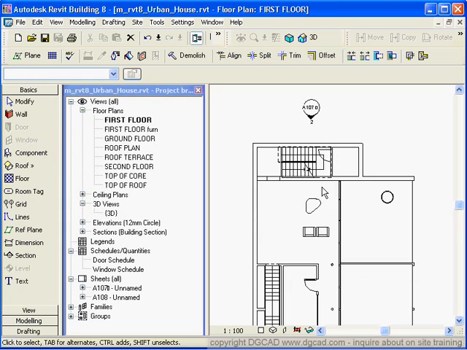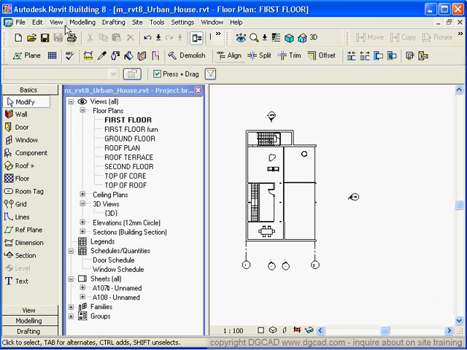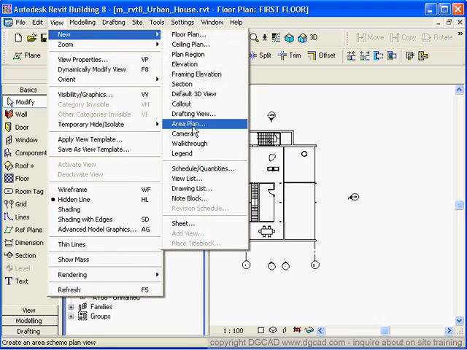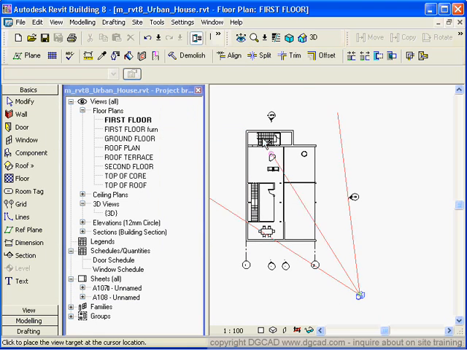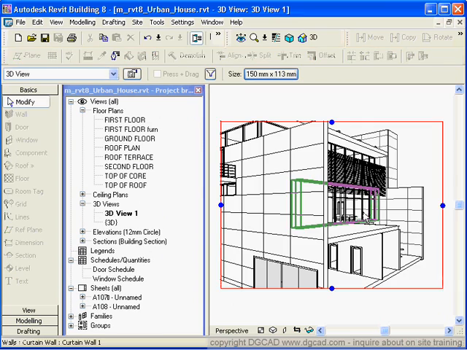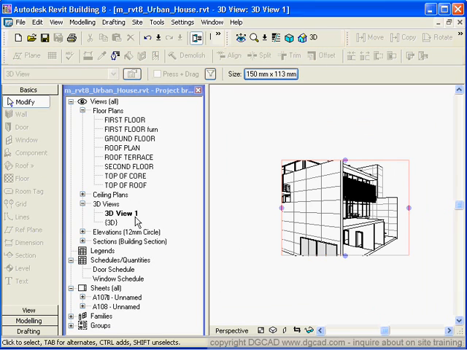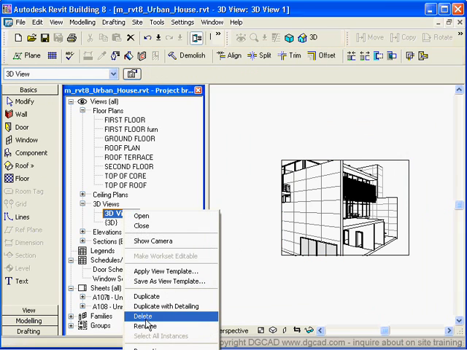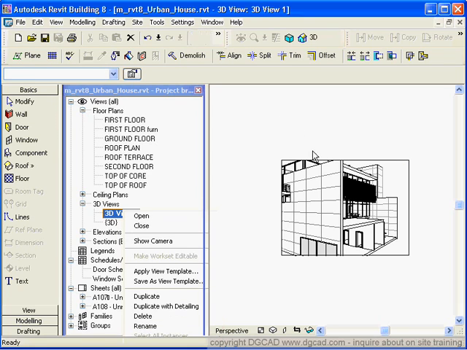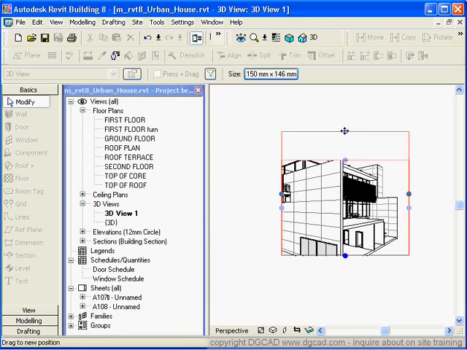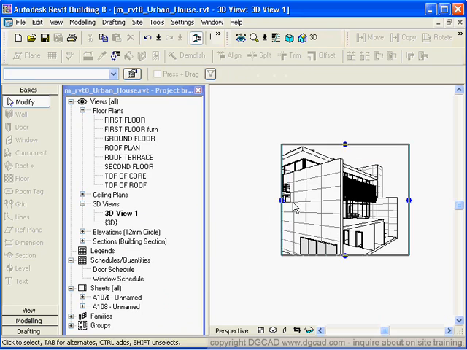As I go into, say, my first floor plan, and I create a new 3D view by using the camera command, view, new, camera, and I say, okay, give me a view from here to here, it's going to create that view right inside of there. And you can see there it is. I can rename this to call it Southwest or something like that. Then I can take this and drag that